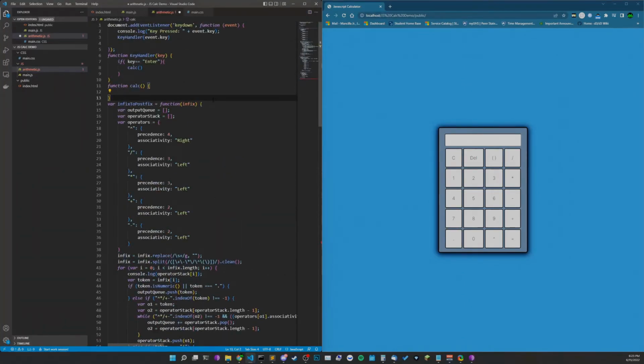So what we're utilizing here is something called a Lambda function. Essentially, we're just setting a variable